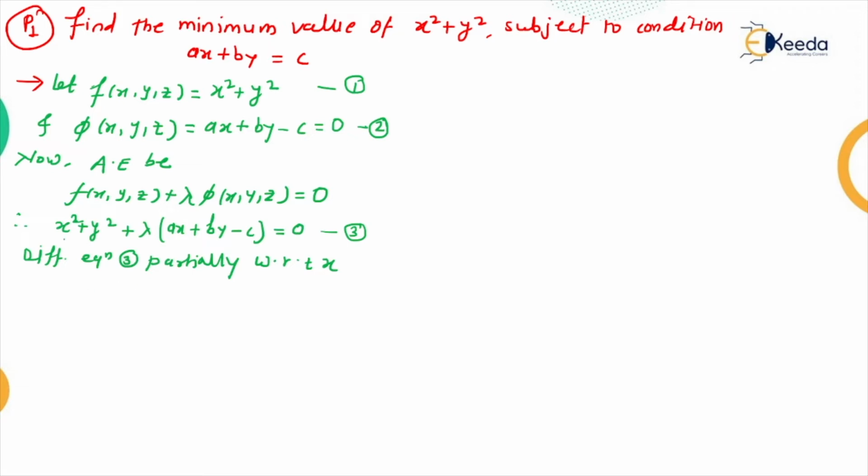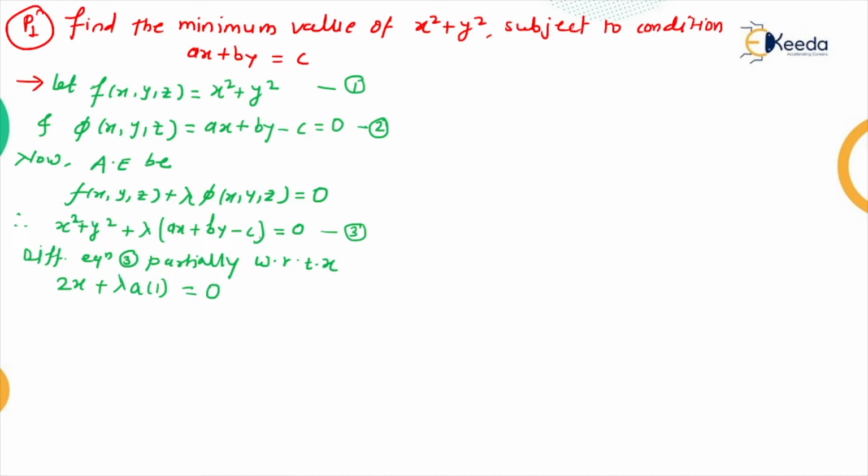So let's see, if we differentiate partially taking the other variables as constant. Other variables means what? Except x, the other variable is y square. So differentiating only with respect to x, we get 2x, the derivative of x square, plus lambda into the derivative of the bracket, because lambda is a multiplier, so it stays as it is, in bracket ax plus by minus c. Its derivative becomes only a, since the derivative of x is 1. So that is equal to 0.